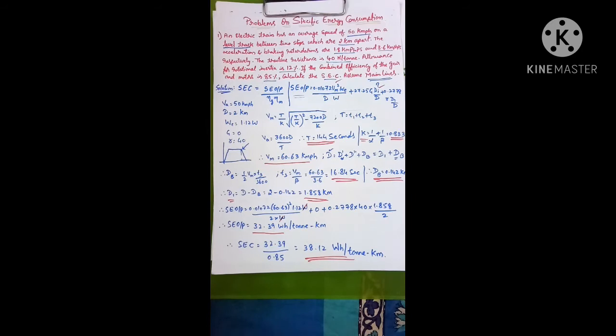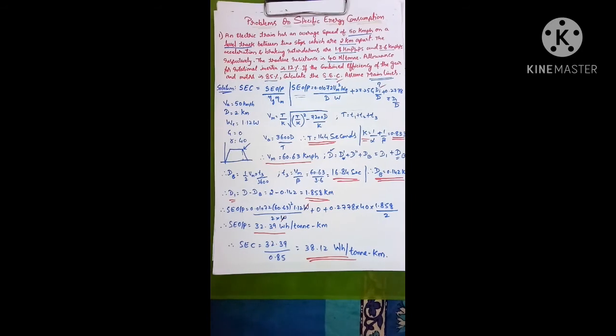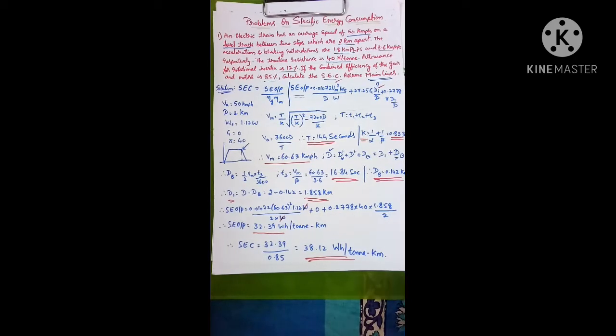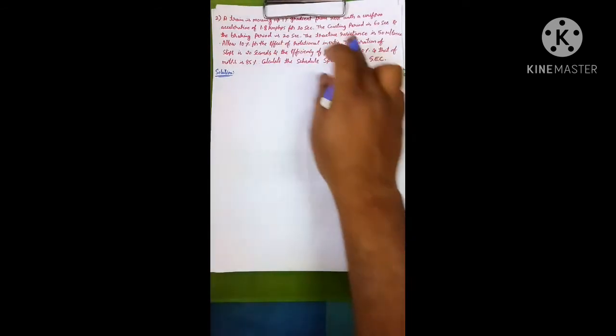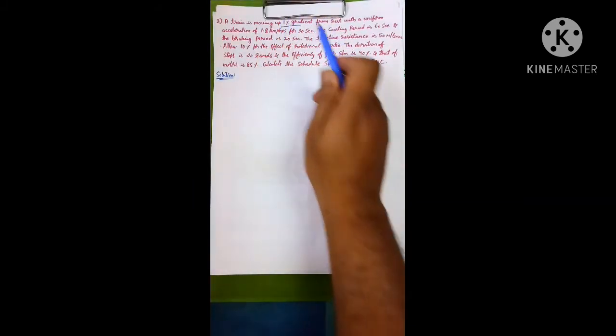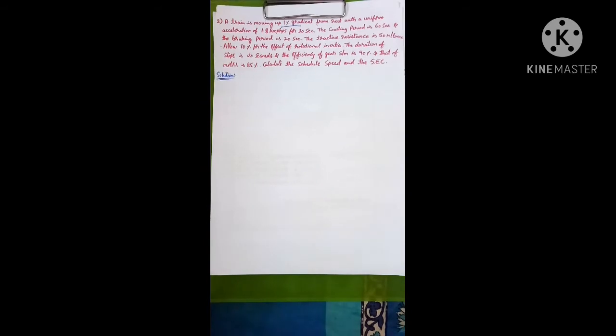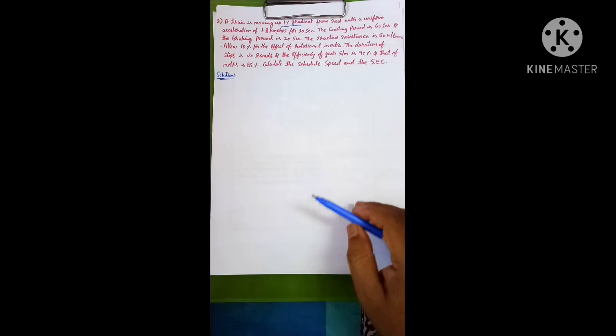Okay, I hope this process is very clear for you. Now let me take one more example, one more problem with some different information. So let's have a question here. Question number 2 says that a train is moving up a gradient, an up 1% gradient. Let me adjust it. There is an up gradient and it is 1%. So G is given here. In the earlier problem, G was not there. If it is a level track, G is 0. That's the thing you need to understand.